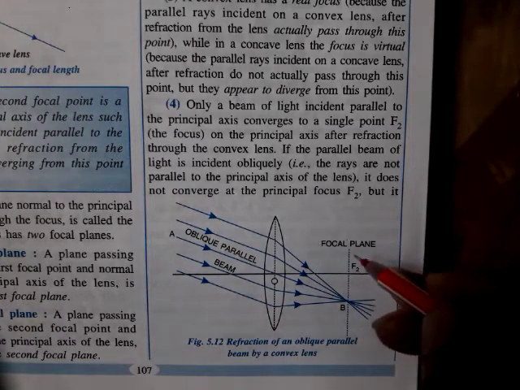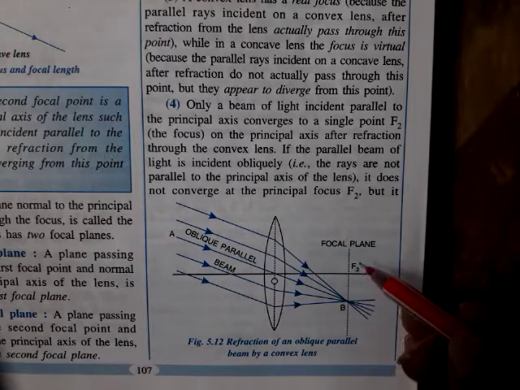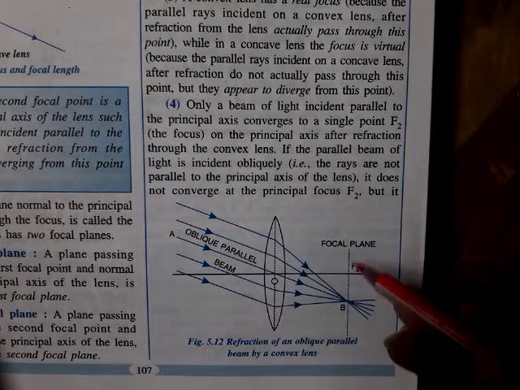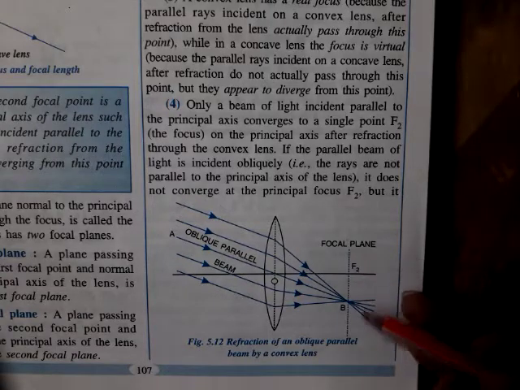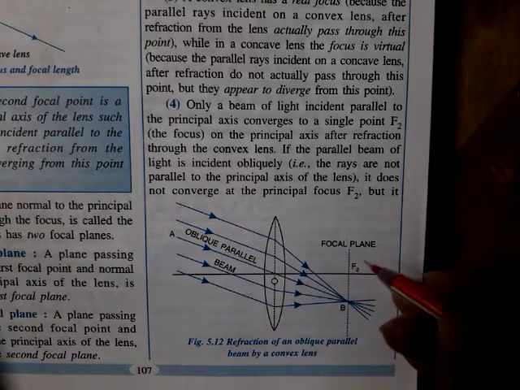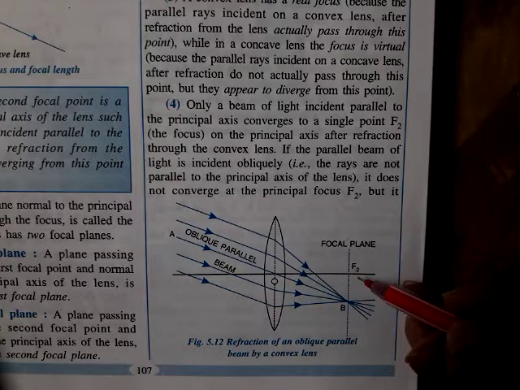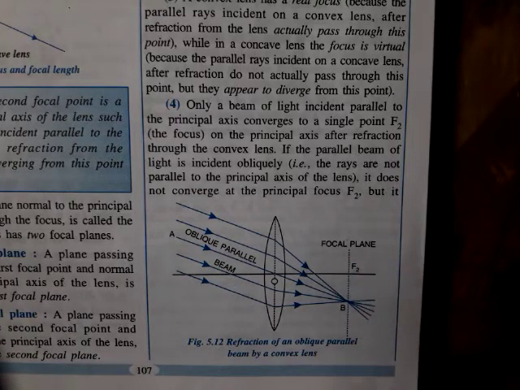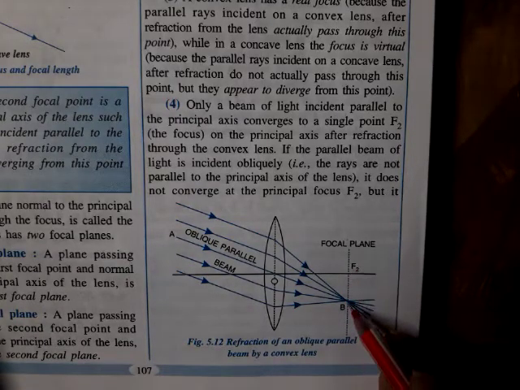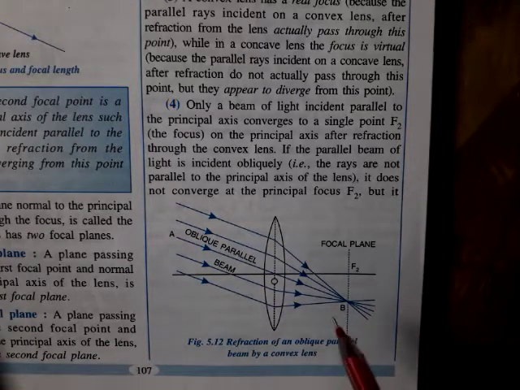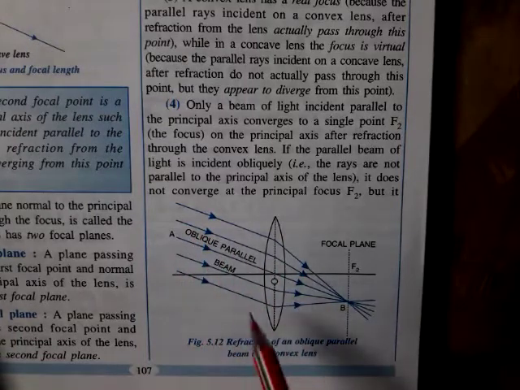The image that is formed is at the focal plane. So see what a focal plane is: that plane which is making a 90-degree angle with the principal axis, or we can say a focal plane is a plane which falls normally on the principal axis passing through the focus. See here, the plane through F2 is also normal to the principal axis. So this is the focal plane. And if we extend, the image will be formed on this plane, somewhere below. So whenever rays of light fall obliquely on the lenses, the image is formed at the plane of the